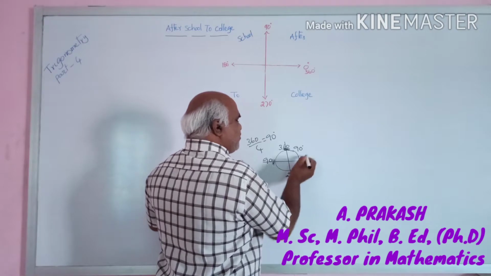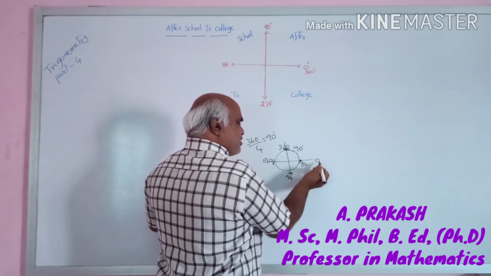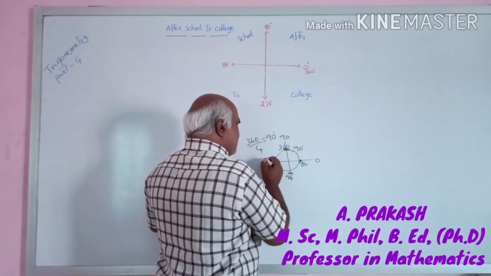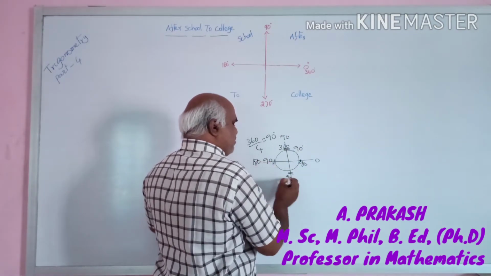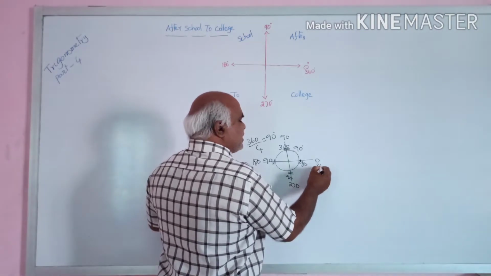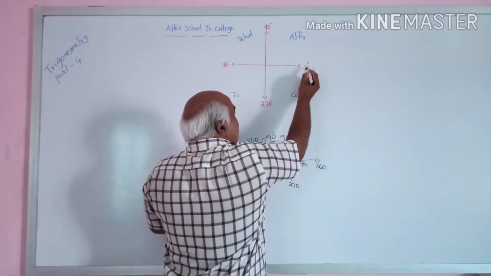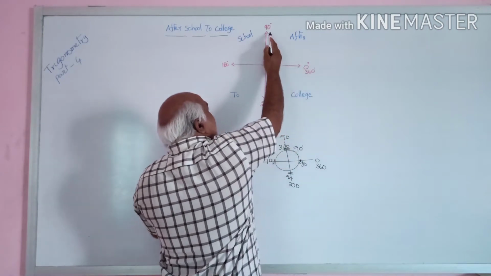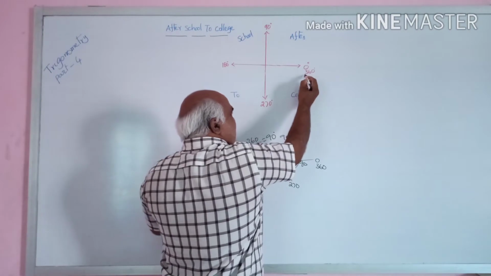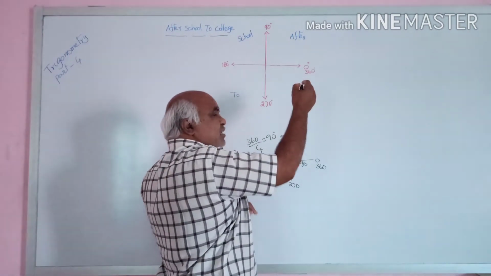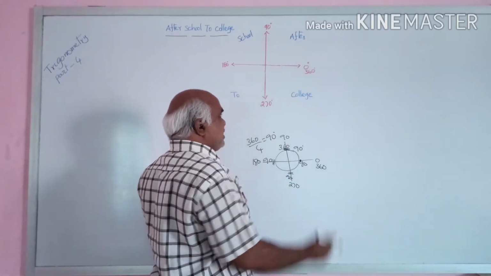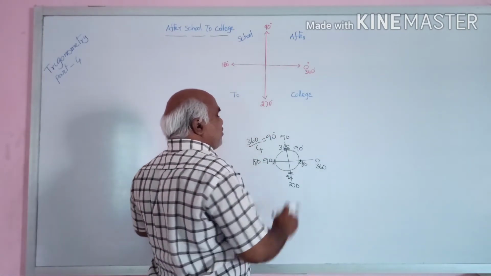Therefore, you can add all four parts. You start with 0 degrees. 0 to 90 is 90. 90 plus 90 is 180. 180 plus 90 is 270. 270 plus 90 is 360. Like this, you can write 0 degrees, 90 degrees, 180 degrees, 270 degrees. The last one, when the complete rotation is over, comes to 360 degrees. This is the description of the quadrants.